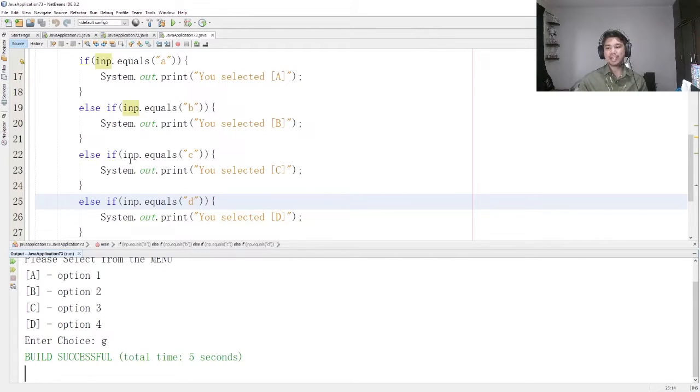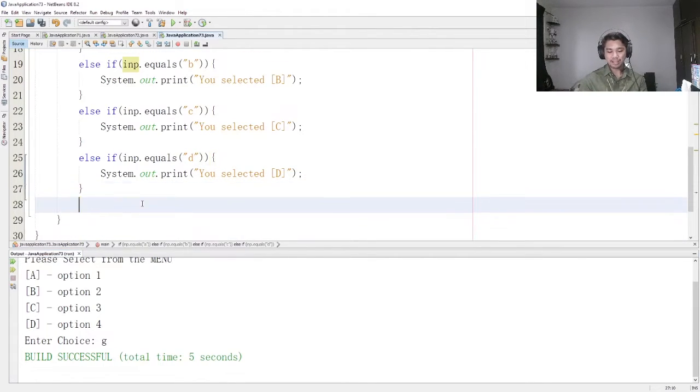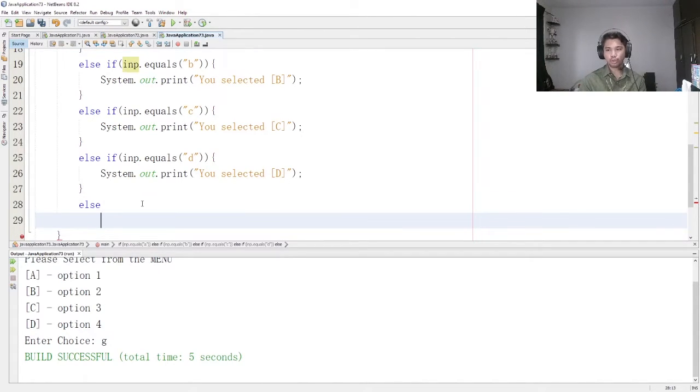So, gagamitin natin yung else para makontrol yung pwedeng i-input ni user. Na-cover natin si A, B, C, and D na options na pwedeng i-input. Kontrolin natin kung ano yung mga hindi posibleng mailagay. So, pwede natin i-output something like